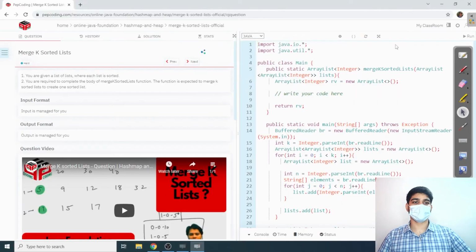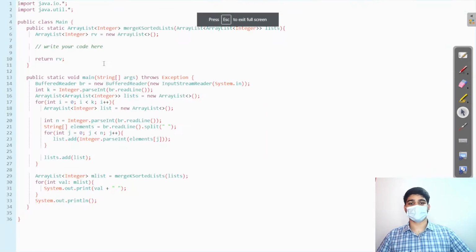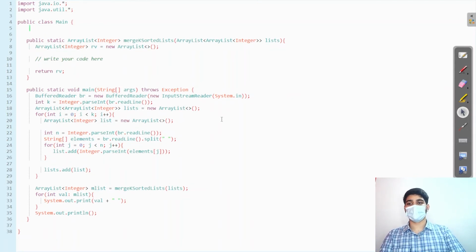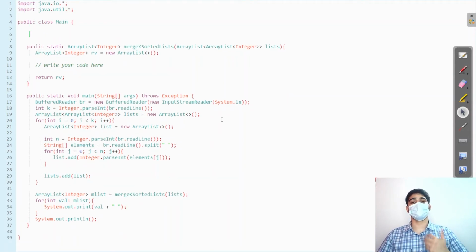So let's try to code this. How can we code this now? To code this, I need to have an object which can store my array list as well as the current index in that array list, so that our priority queue knows what to compare. So for that reason, we would be making a pair class. So we would have public